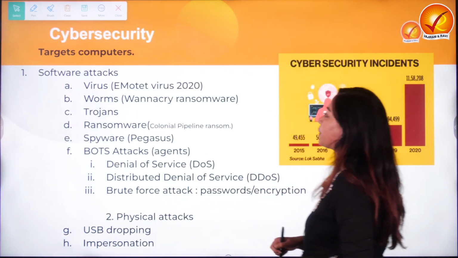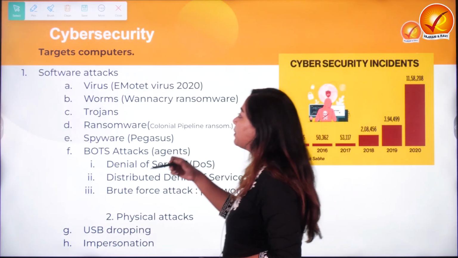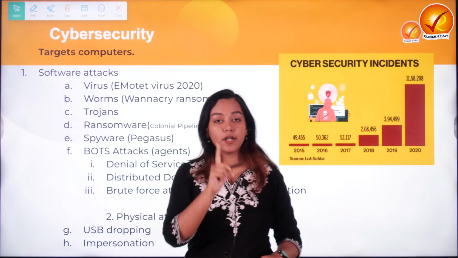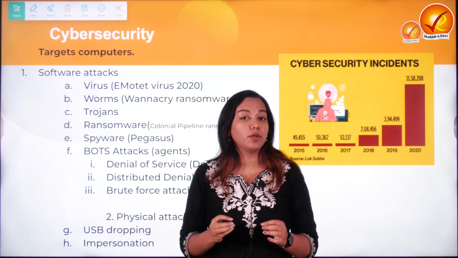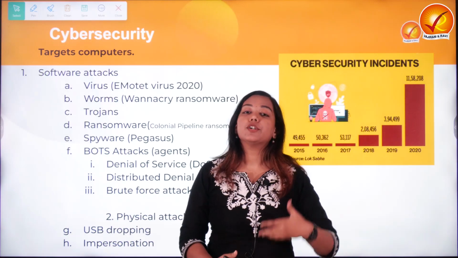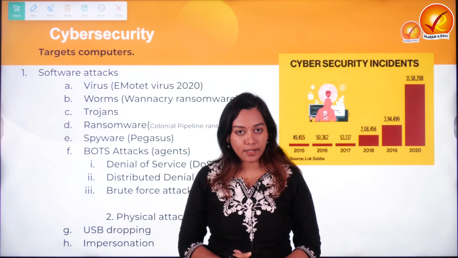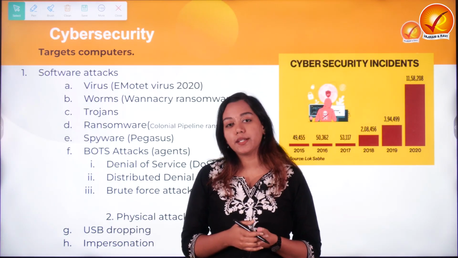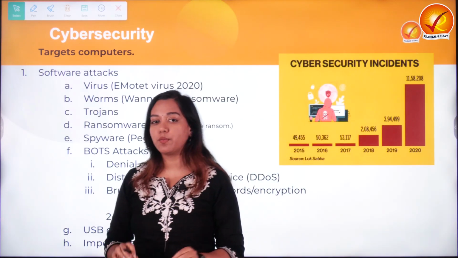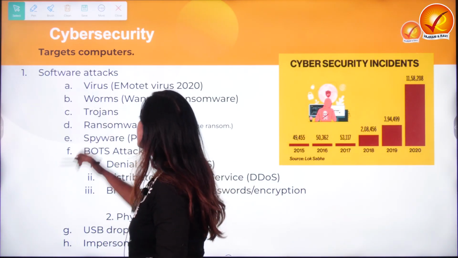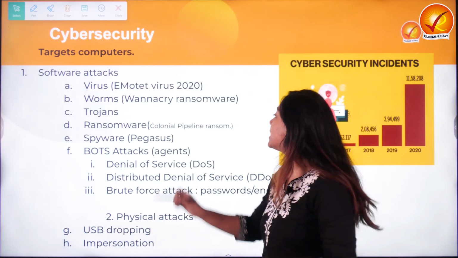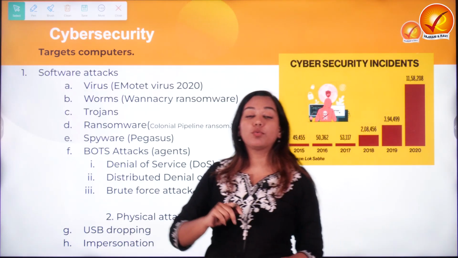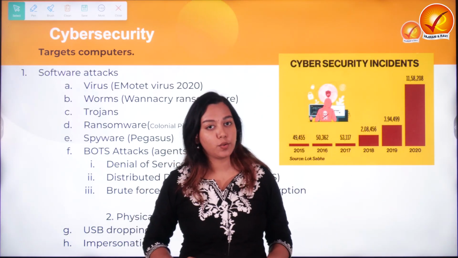So first of all, let's quickly discover what are the cyber attacks which target the computer, the first part of the computer and the most vulnerable one, which is the software. Now, software gets corrupted or targeted by cyber attackers through various means. First of all, and the most famous one, is the installation of viruses. For example, the Emotet virus in 2020 encrypted almost all of the important government files of the USA.